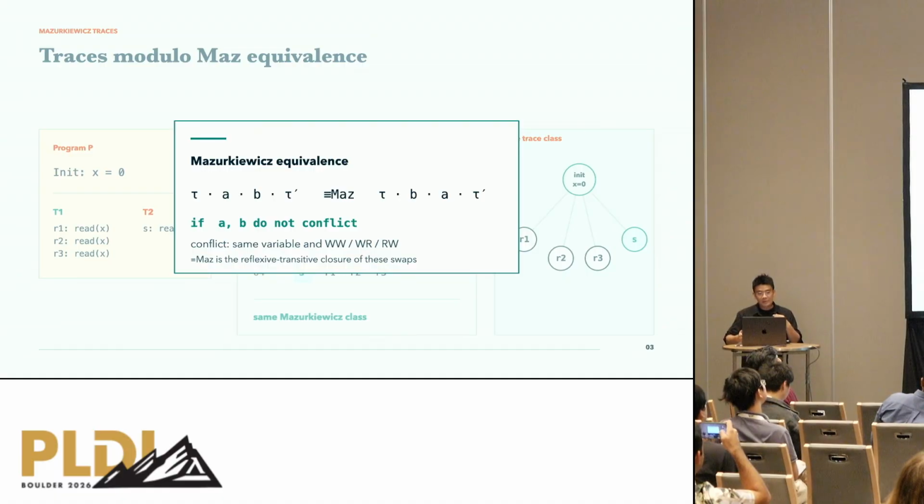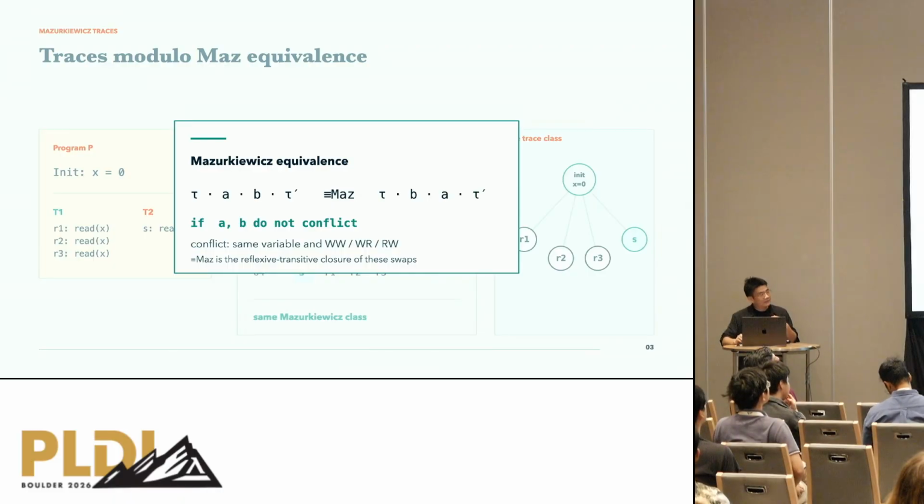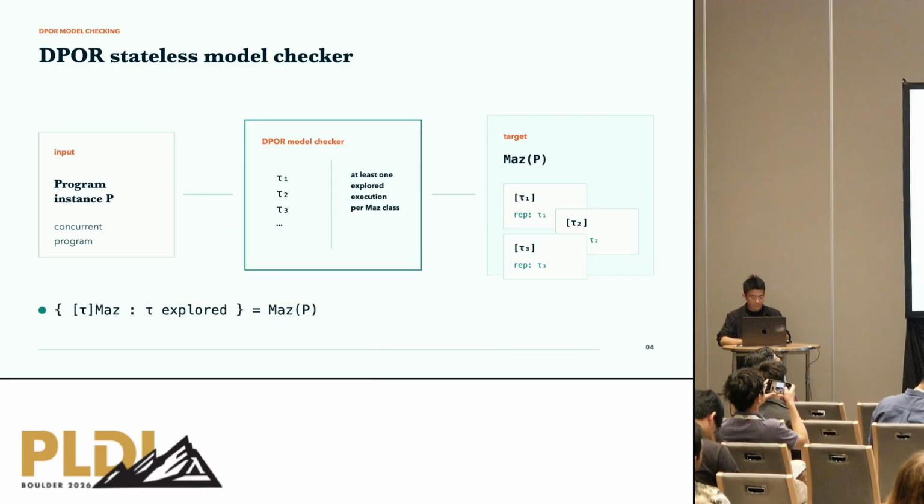And one popular way to reason about program execution equivalence is Mazurkiewicz equivalence, which basically identifies executions that differ only by commuting non-conflicting events. 2 events are non-conflicting or independent if they access different memory locations, or they are both reads. A DPOR-based stateless model checker is an algorithm that systematically explores all the Mazurkiewicz classes induced by a concurrent